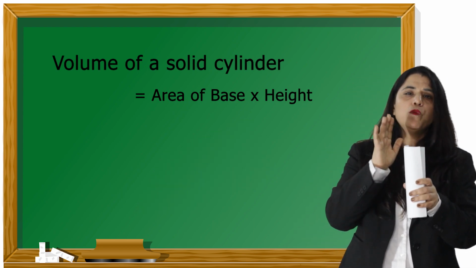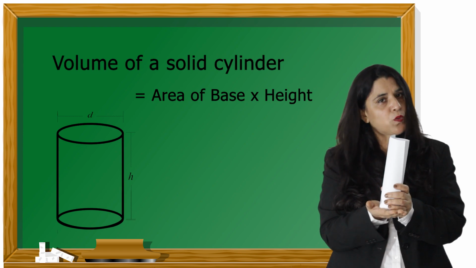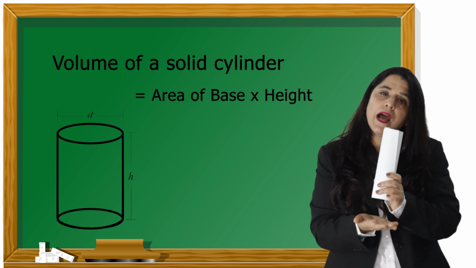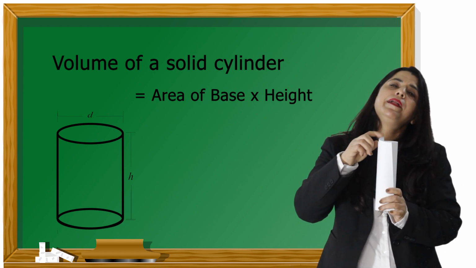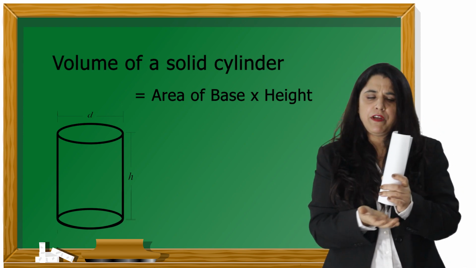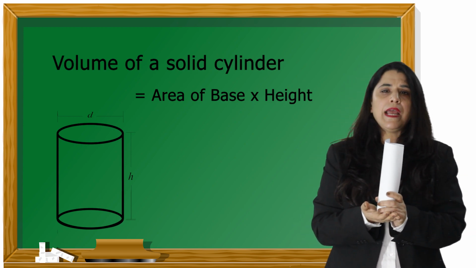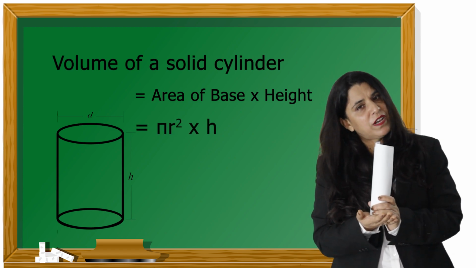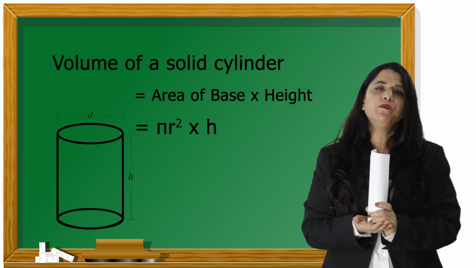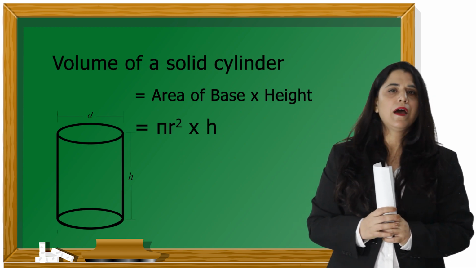Similarly, when you come to the volume of a cylinder, the base is a circle. So what is the area of a circle? Pi r square. Now it goes to a height h. So it is the area of the base multiplied by the third dimension, that is the height. If I say a glass is filled with water to some height h, you can easily calculate the area of the base of the glass multiplied by the height to which it is filled. So that gives you volume is pi r square multiplied by h, that is pi r square h.